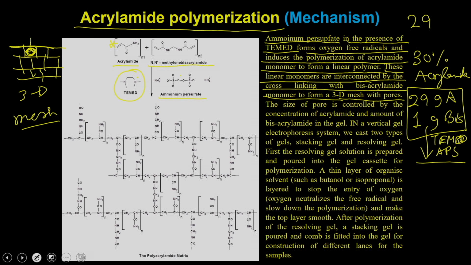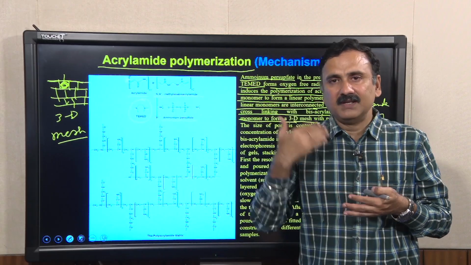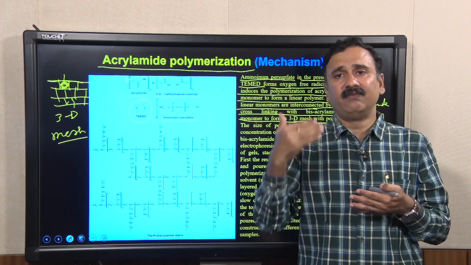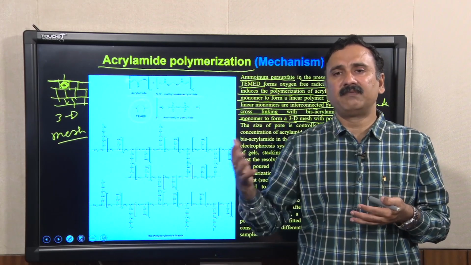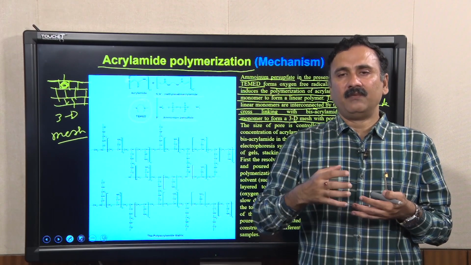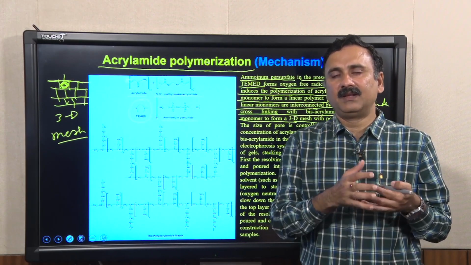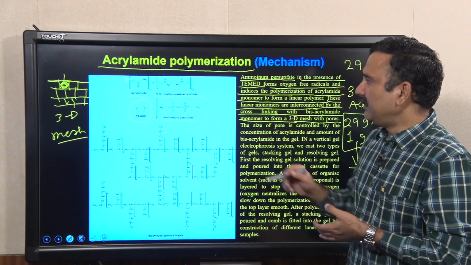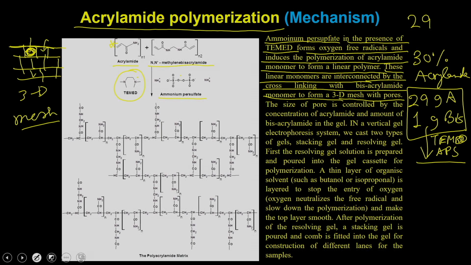Because of this mesh, you can produce friction for the different types of molecules, and that is how the friction plays a role in the separation of the molecules. Because this mesh has pores of different sizes, it is going to act as a kind of separation filter, so that it will help in getting the separation of the biomolecules.